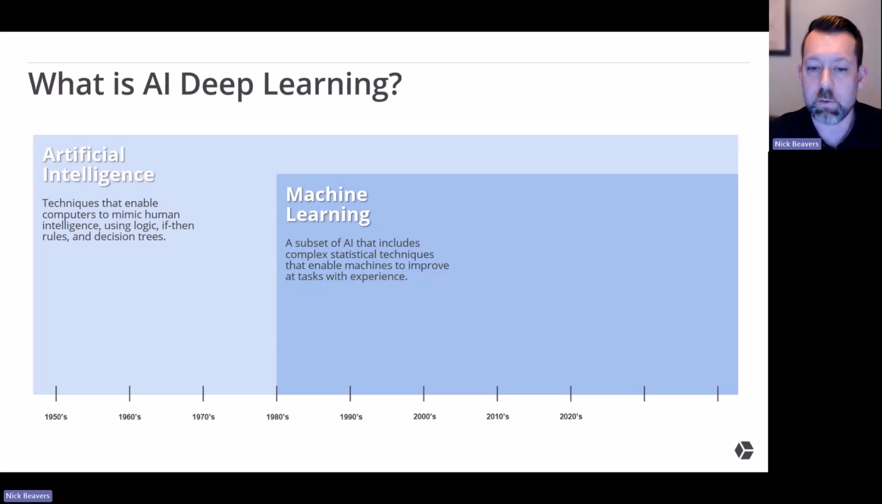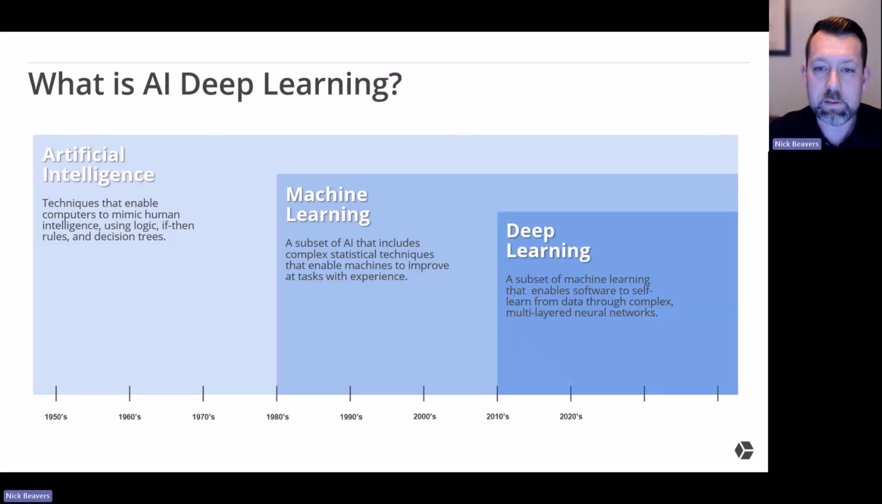So a subset arrived that included complex statistical techniques that enabled machines to improve at tasks with experience. So the big change here was adding the ability for these statistical techniques to have experience. We took that one step further in the 2010s with deep learning. This was yet another subset, but this time of machine learning that enabled the software to self-learn from data through